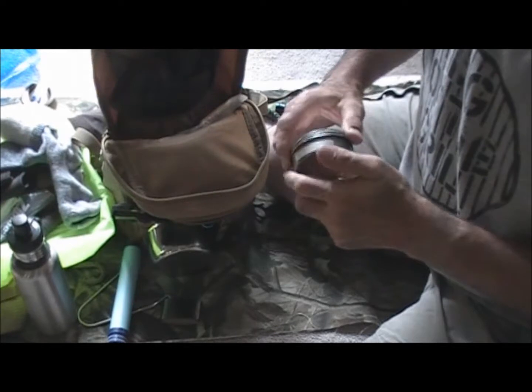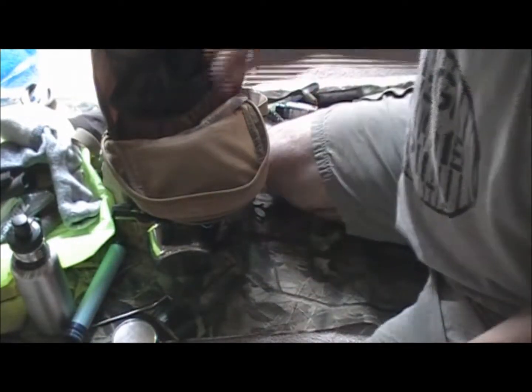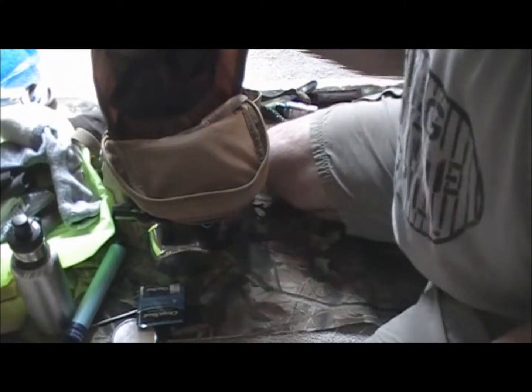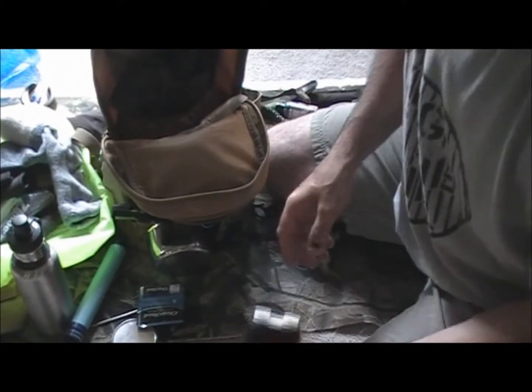So as with everything in survival, it's all about redundancy. So in the first aid kit I have a lighter, my chapstick, that's flammable. A lot of stuff I have in here is flammable. This little pouch I have,